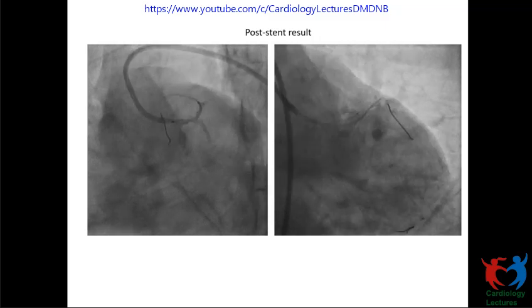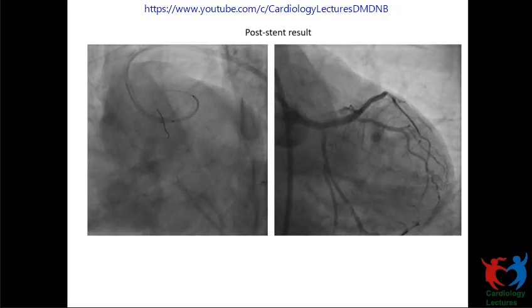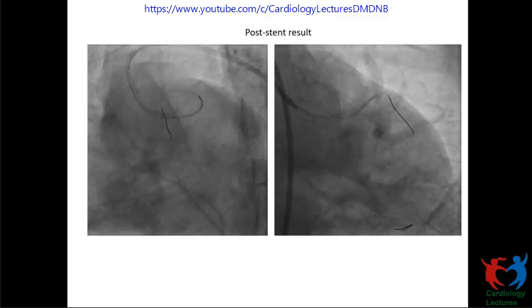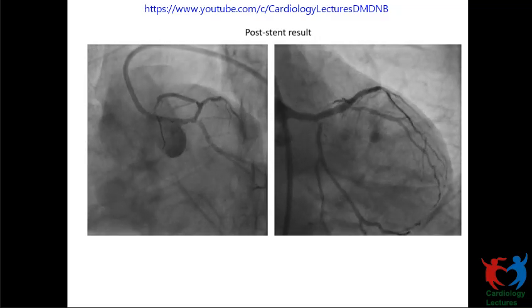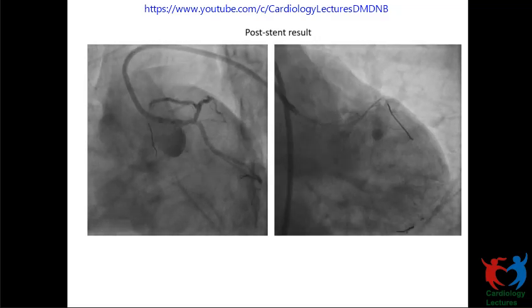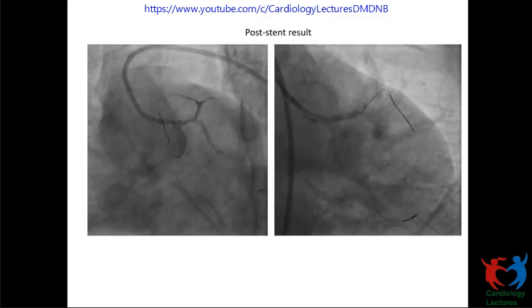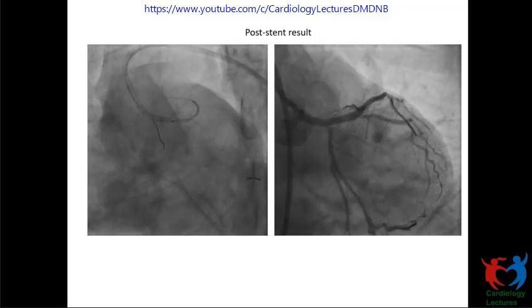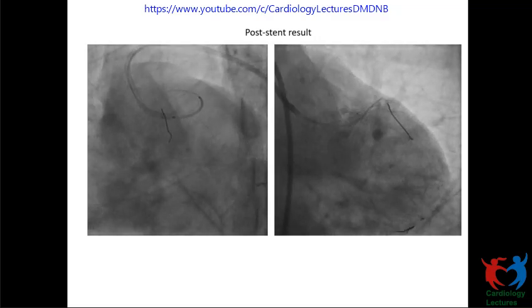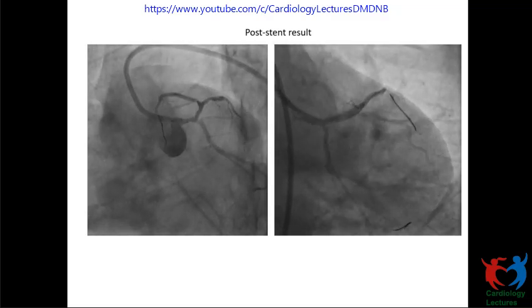3.5 into 32. Okay. Can the stent go up to 4.5 or 5? IVUS estimation showed that the distal LAD after the diagonal was 2.75 and the proximal was 3, and the left main was 4, 3.5 and 4. So we didn't go for a 4 stent.